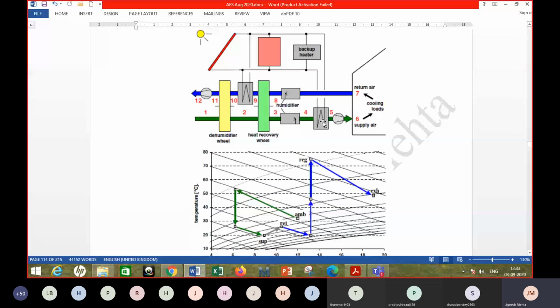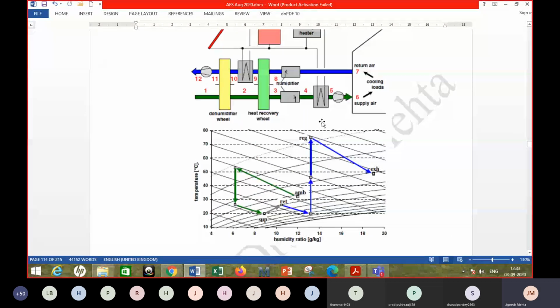So what you have here, there is moisture content plotted here. There is a term humidity ratio, grams of water per kilogram of dry air. You need not worry much about the definition of that, but basically you can consider it to be a measurement of moisture level in air. So the higher this number, the more the moisture in air, right? And on this vertical axis, it's the temperature.